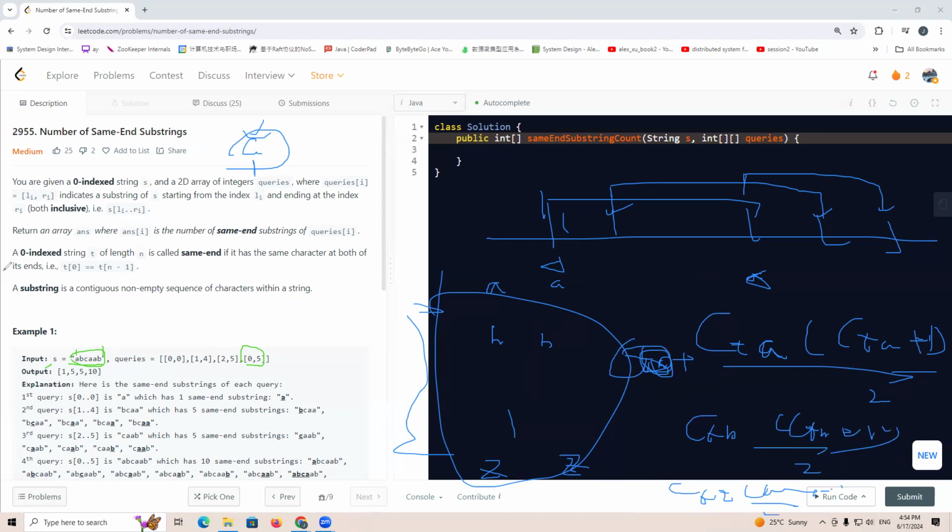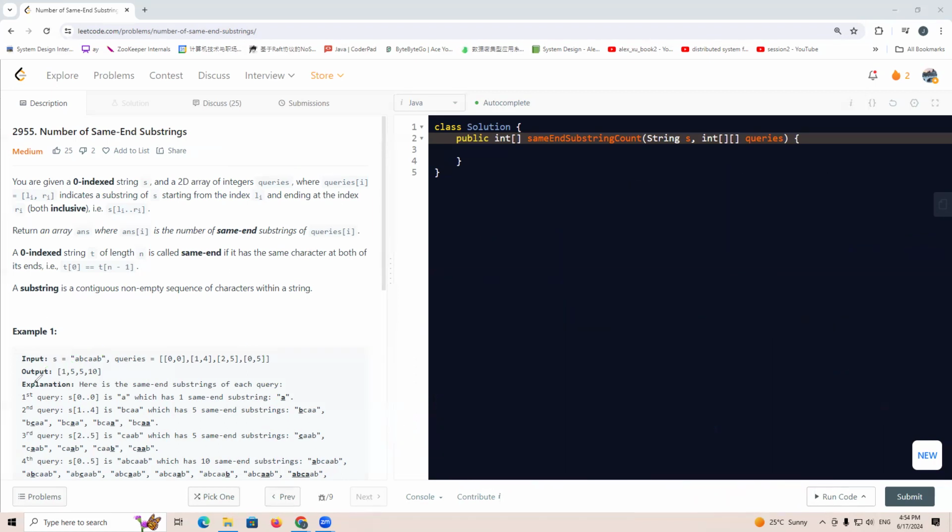So for this question, for every query, which is a substring of S, we just get this substring and do a statistical count of how many A's are in this range. For example, this query is start to end, and how many until how many Z's, and we do the calculations. But since